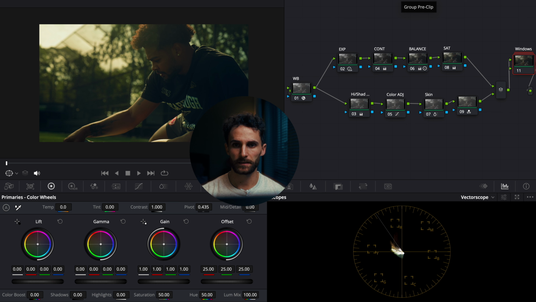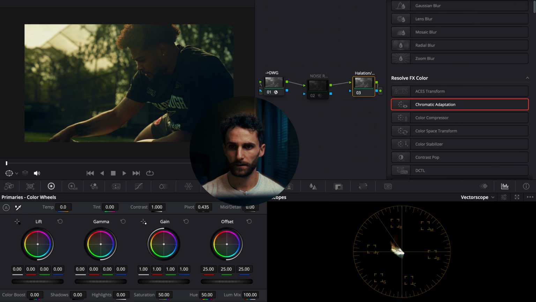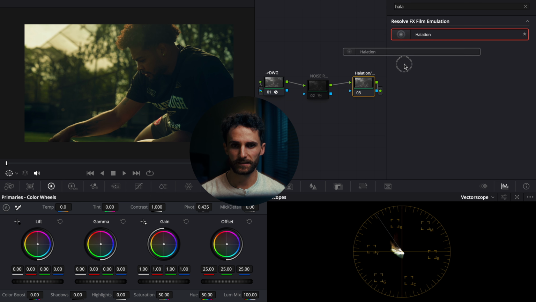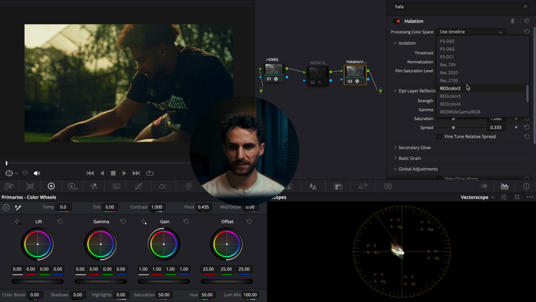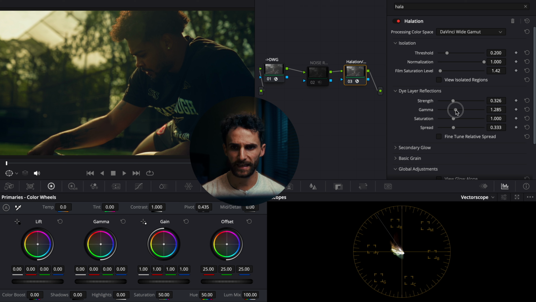hop back over to the group pre-clip node tree, and I'm going to add in some halation and grain. I'm simply going to use the halation effect that's already in the studio version of DaVinci Resolve. Then for the processing color space, I'm going to change that to DaVinci Wide Gamut. I'm going to bring up the film saturation levels to about 1.42, bring down the strength to about 0.326. I'm going to bring the gamma down to about